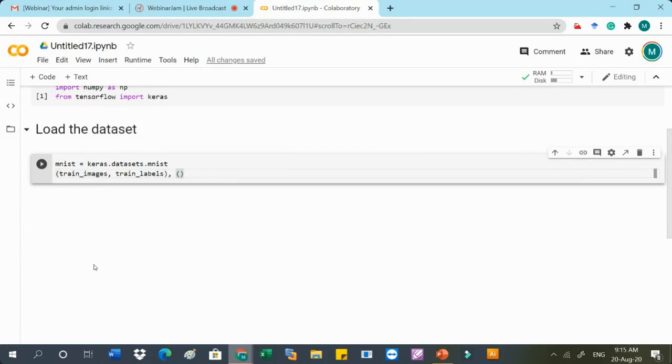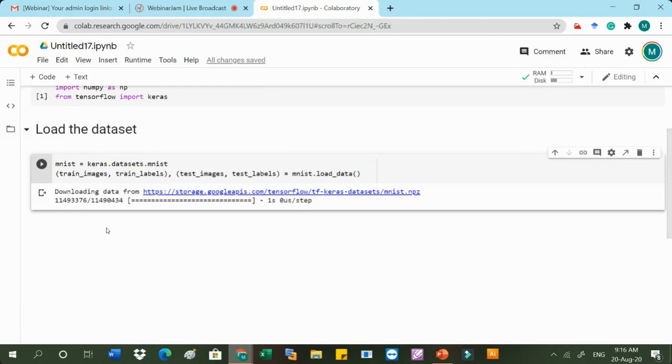Similarly, we will store the test data set: test_images, comma, test_labels, and then we have to use mnist.load_data(). So this way we can load the data set. Now the data set is loaded.